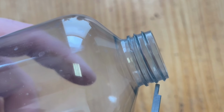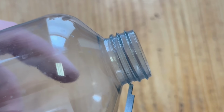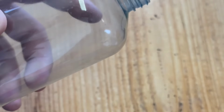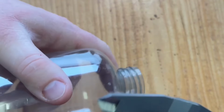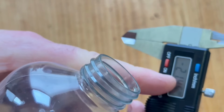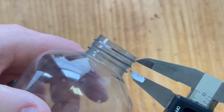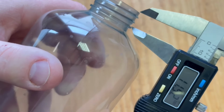So my lid fully seats down onto this, I usually measure from here to the top of the neck. And so for this one, and I'm actually going to take these measurements and we are going to design a cap exactly for this bottle. So let me zero out my caliper here and we will try to get this in focus. And so I'm at about